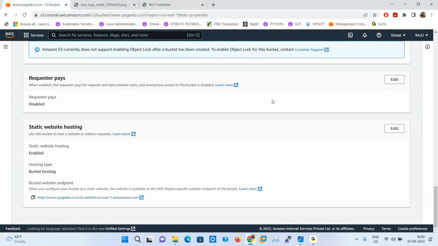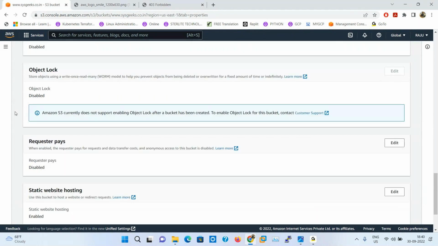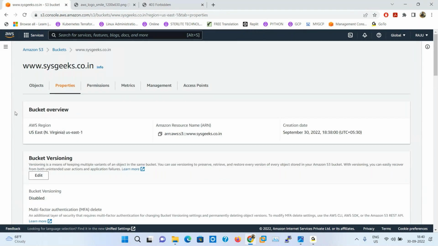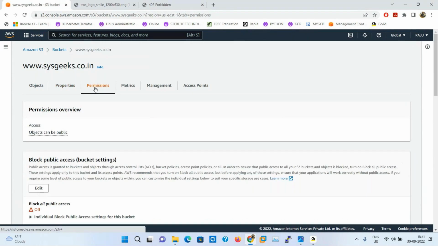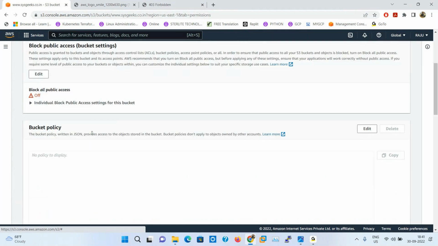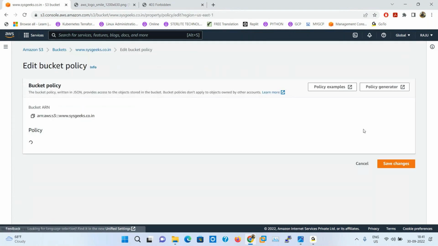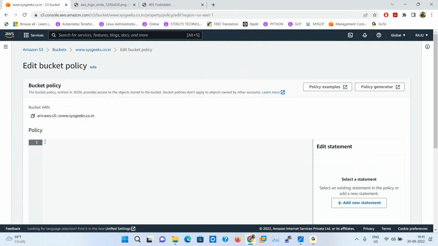So what is the option to make it public? Where is the option? Here in the same bucket, there is a permissions option. Under this permissions option, here bucket policy. Edit bucket policy, then write code here.